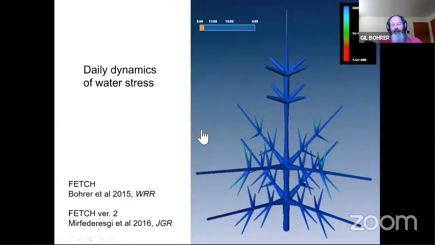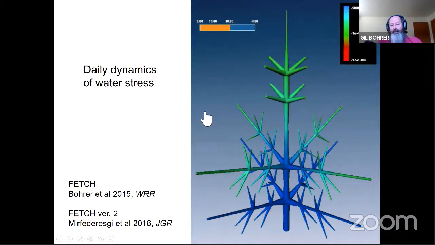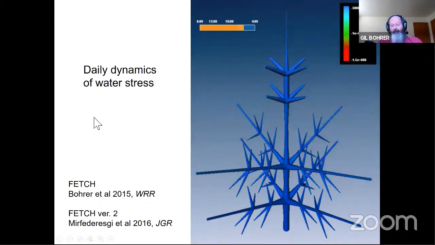Let's skip that, go to modeling. So here's my original model, FETCH. It was a branching model, way too complicated, completely not a realistic way to use in large models, but making very cool videos. So we see as the day cycles through, we start at 8 a.m., sun is up, transpiration goes, water leaves the leaf, the color marks the xylem water potential, and as transpiration starts in the morning,